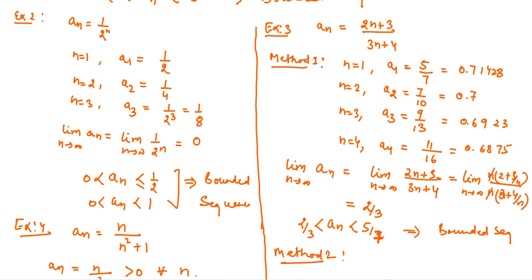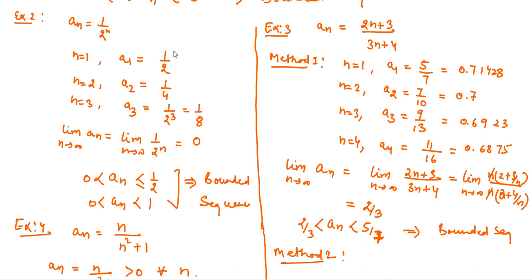Now let's come to the second example. an is equals to 1 upon 2 to the power n. तो वही पैटर्न स्टार्ट करेंगे कि we'll look at the terms of the sequence और will observe the terms of the sequence when we put n is equal to 1, 2, 3, 4, 5 and so on. ठीक है, so start by n is equal to 1, we get a1 is equal to 1/2, n is equal to 2, a2 is 1/4, which is less than a1, n is equal to 3, we get a3, which is 1/8, which is less than a2.